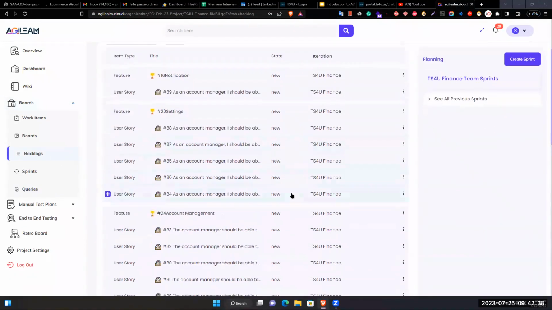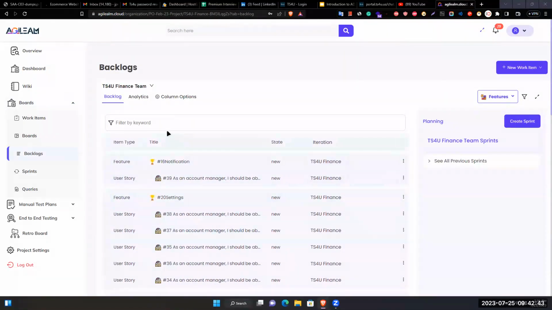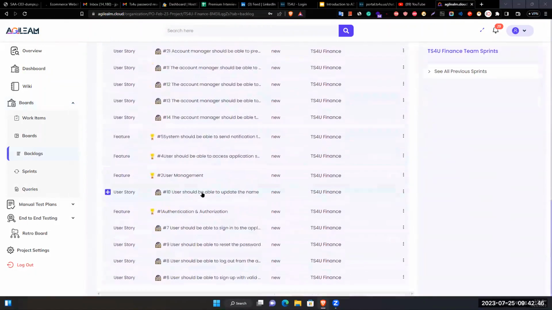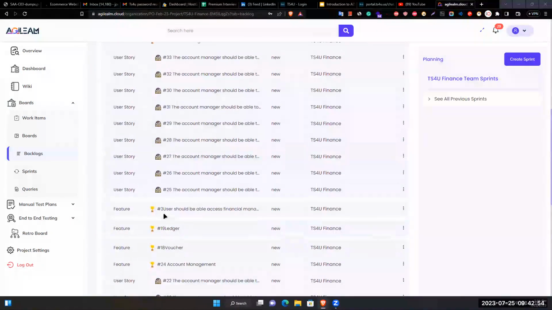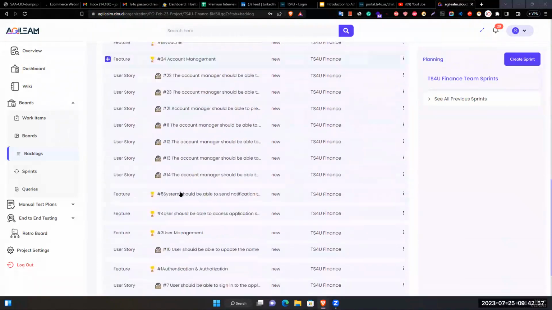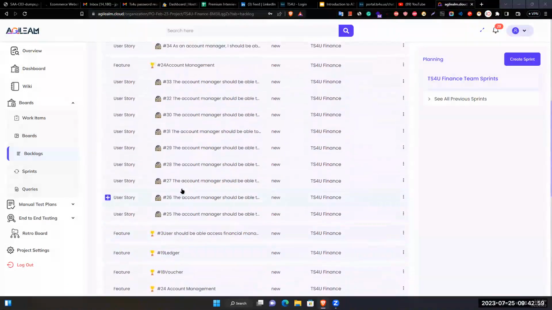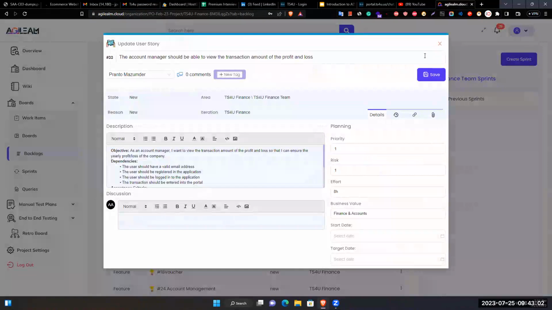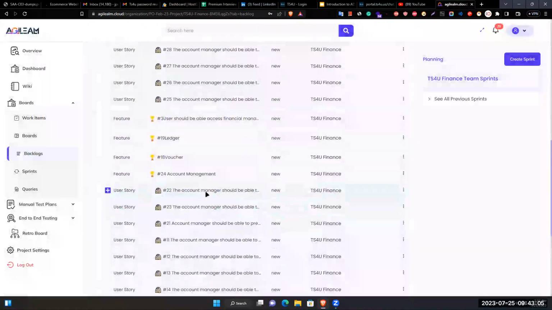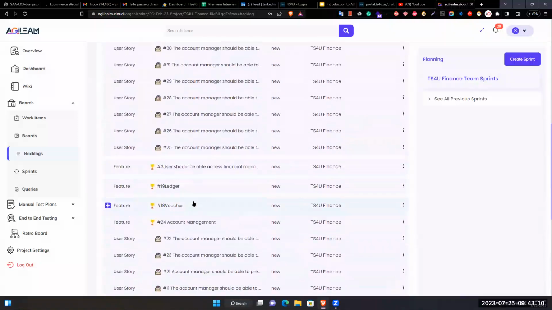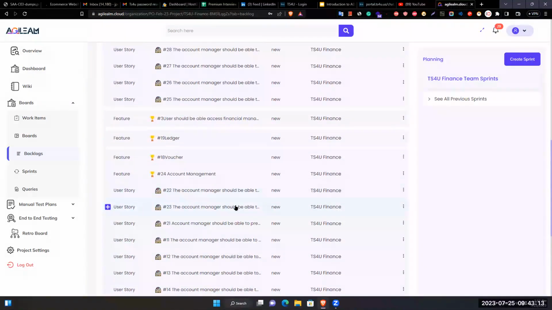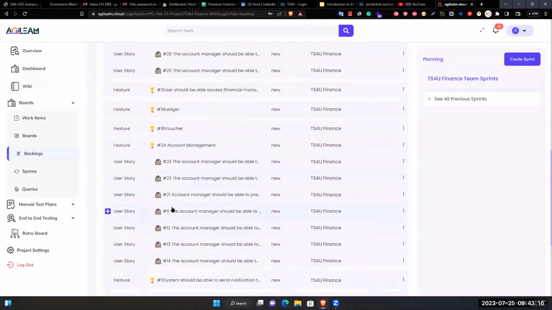Here, in this project, we had created multiple features. These are our features: authentication and authorization, user management, account management, voucher, ledger, and then account management. We have two account management features, right? Should be able to view the transaction profit and loss. Okay, we have two account managements, so we should bring them into one account management and delete the rest of the